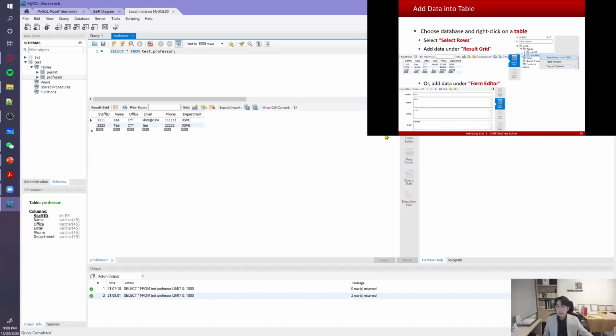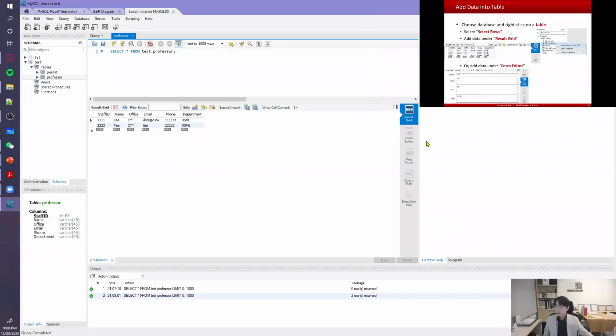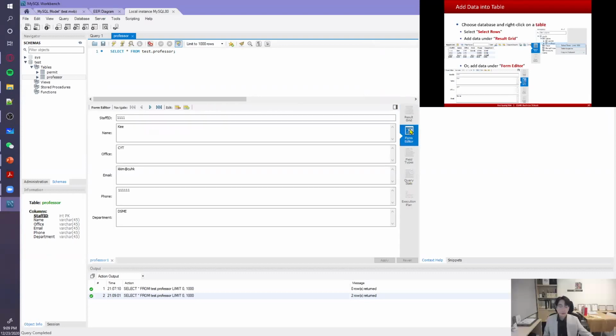There's also, yeah, here, let me resize this. So here I used the result grid, but the second option here is a form editor, right? So if I click form editor, I can add data here too. So I can navigate data stored here. And if I click this icon here, add a new row to the record set, then if I click this,